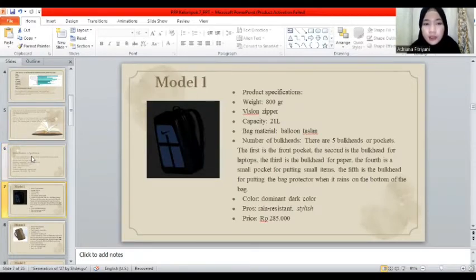And our group has three models. Model 1 has the following specification: weight 800 gram, zipper type is this one, capacity 21 liters, bag material is bound one, and it has 5 pockets. The first is the front pocket, the second is for a laptop, the third is for paper, the fourth is to put small items, and the fifth, the last, is to put the bag protector for when it rains, at the bottom of the bag. The color is dark, water resistant, and the price